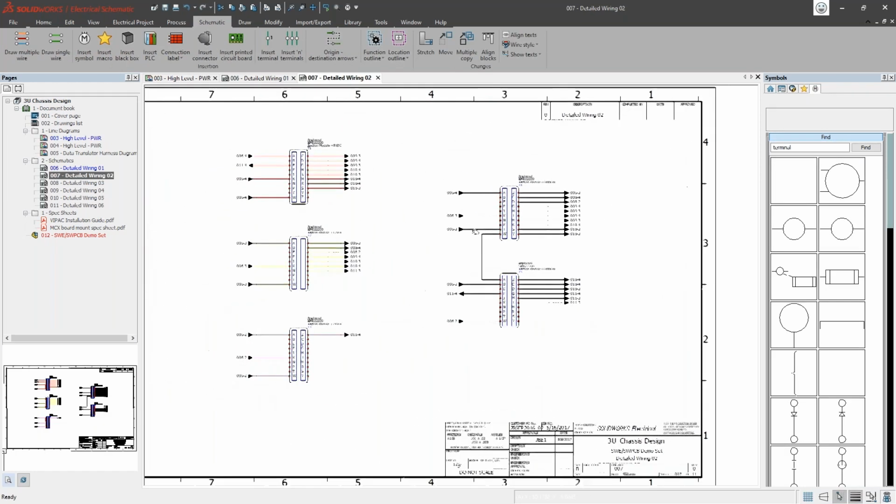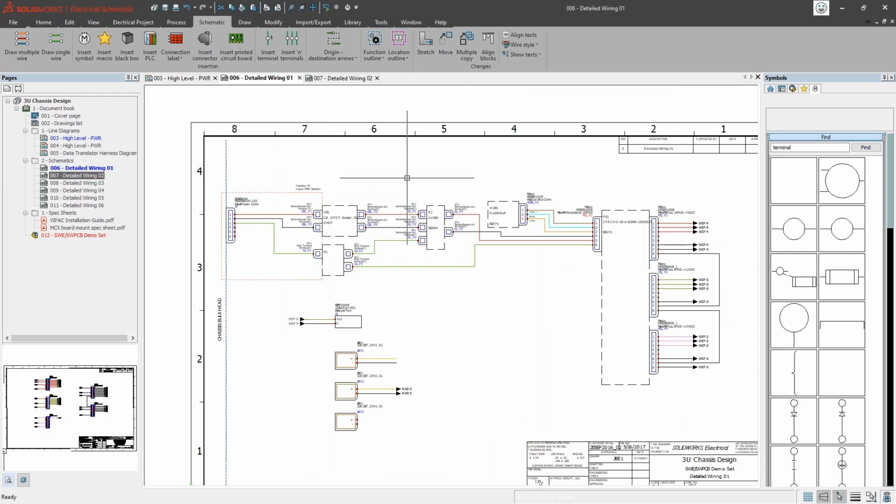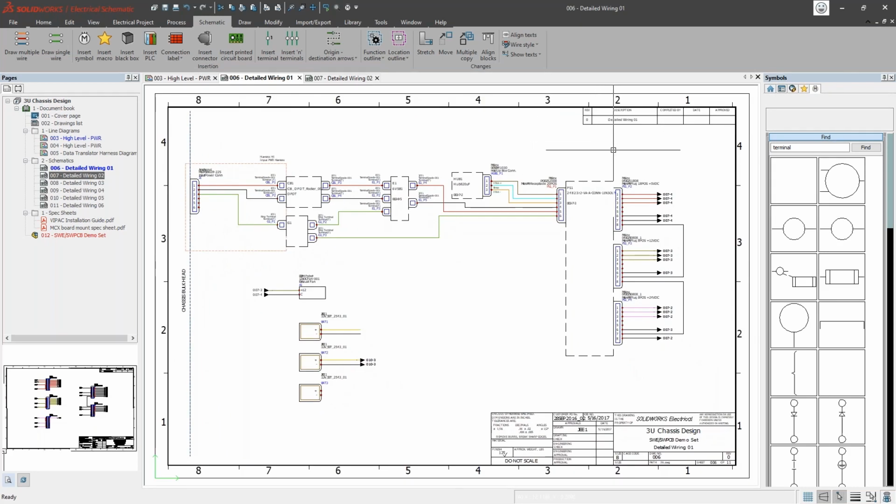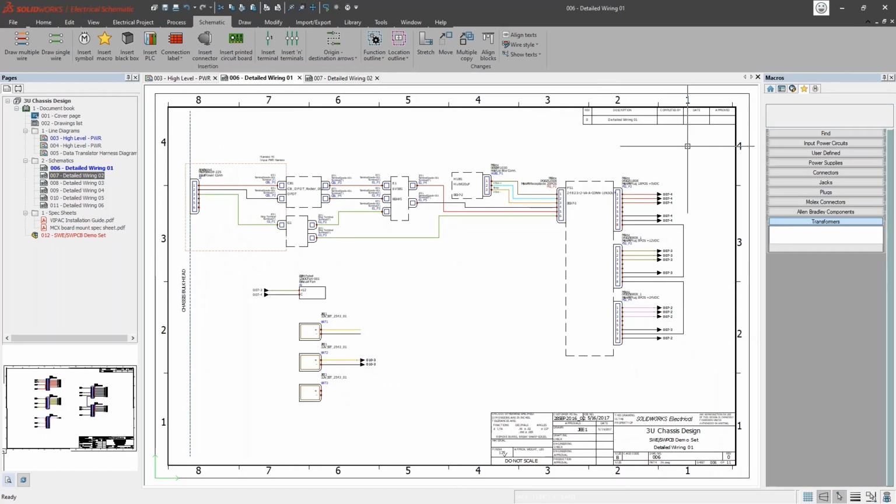So now that we have our symbol in here, let's go back to that first sheet where we drew those wires. And let's talk about other than just some of the basic functionality, right? Drawing wires and drawing symbols, that's basic stuff. We can do that all day long. But what does SOLIDWORKS Electrical offer to make my life even faster and without having to use the Control-C, Control-V feature all the time? Well, SOLIDWORKS Electrical, one of my favorite features in the software is the ability to create